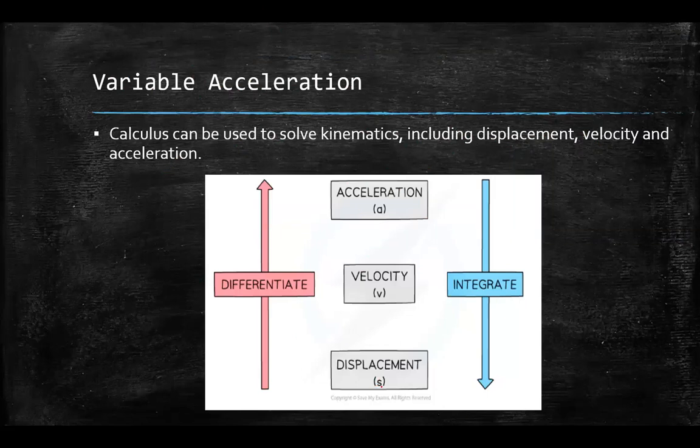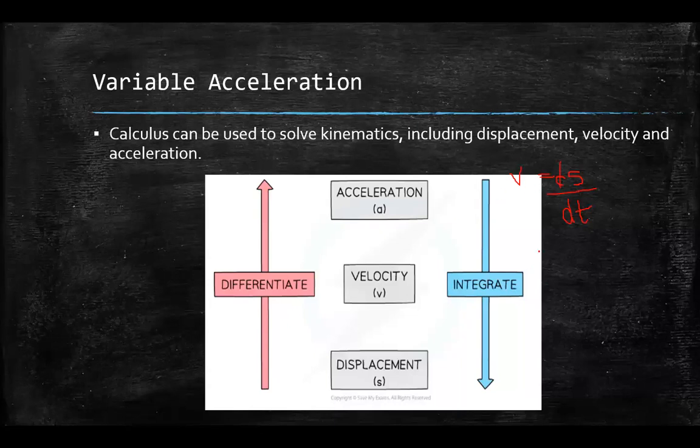So going from displacement, which is usually denoted by S, sometimes you may see X as well, going from displacement to velocity, we actually differentiate. So let's say you're given displacement. So I'm given S, and they ask me to find V. So how is V related to S? Well, like I said, from displacement to velocity, we differentiate. So V is actually ds on dt,